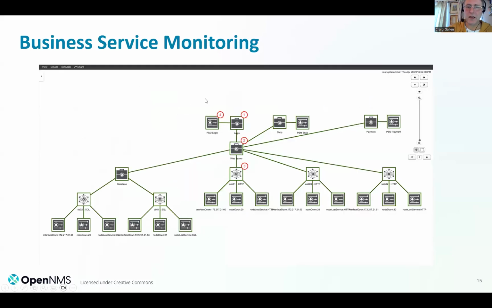Okay. Now, another feature for correlation in OpenNMS is what we call business service monitoring. What this allows us to do is to create a graph of objects and show that they're related. Now, this is not the same as the graph that you saw previously. That was for the interconnectedness of devices. This is a graph that you would create yourself that says that these particular services that I'm monitoring are related to each other. So in this particular example, what we have is a three-tier architecture where we've got a service